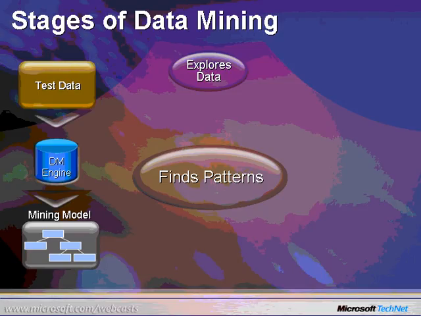This may seem like a basic operation, however, it involves a very elaborate process. This stage generally involves the evaluation of the different models, where you'll apply several different models to the same data set to find the best solution. An example of finding patterns would be discovering that the Naive Bayes mining model produces more relevant results than the neural net or the decision tree models. So those are three sample data mining models: neural net, decision tree, and Naive Bayes.